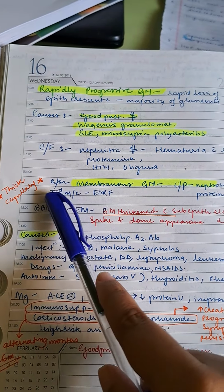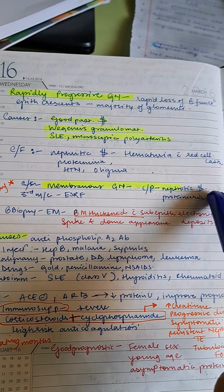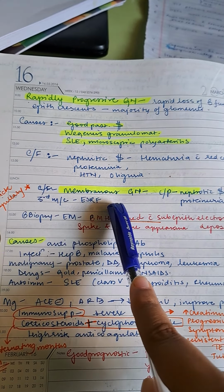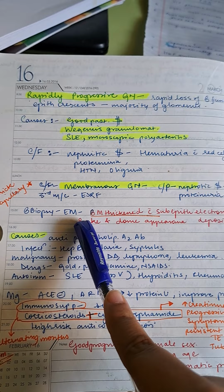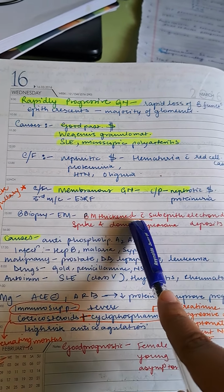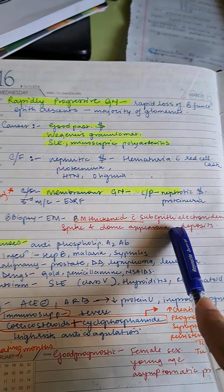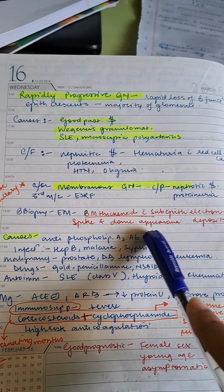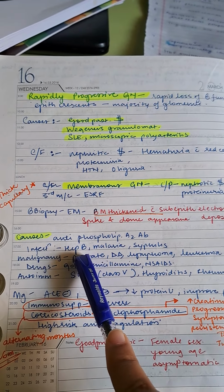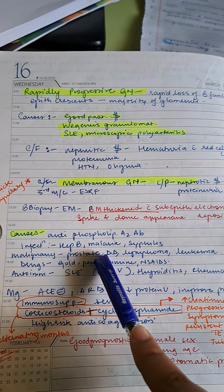Then you will have a thick capillary membrane in membranous glomerulonephritis. Clinical picture of nephrotic syndrome with proteinuria. Third most common cause of end-stage renal failure. On kidney biopsy under electron microscope, you will see glomerular basement membrane thickened with subepithelial electron dense deposits with spike and dome appearance. Causes are APLA syndrome, anti-phospholipase A2 antibody, infections with hepatitis B, malaria, syphilis, malignancy like prostate cancer,